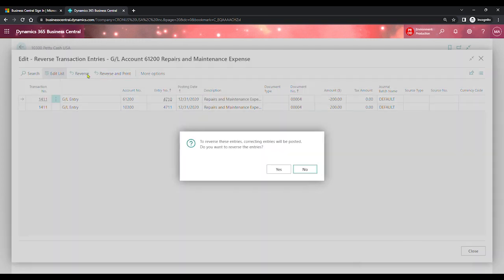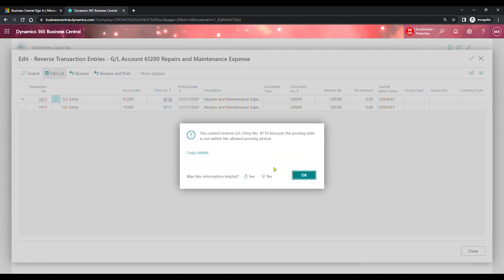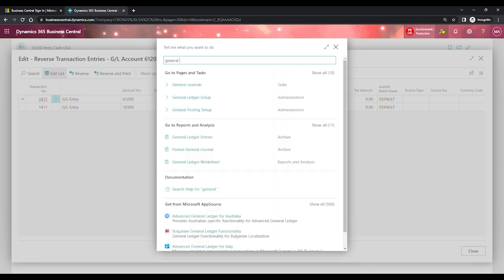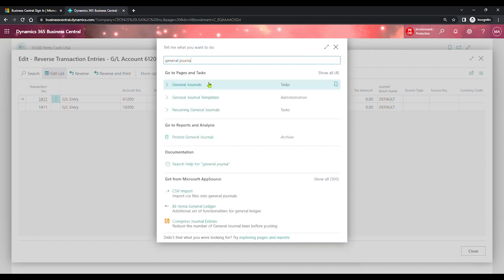Let's see. I'm going to click on reverse, and this is going to ask me, and tell you that this is going to post correcting entries. And that's exactly the idea that I wanted to explain. We do not really delete. Oh, sorry. I have a restriction on my posting date, and it's good to have this because, in order to post and to do this type of thing, just to mention,